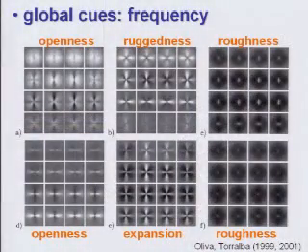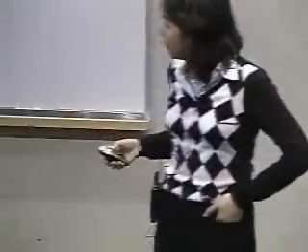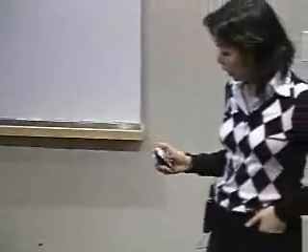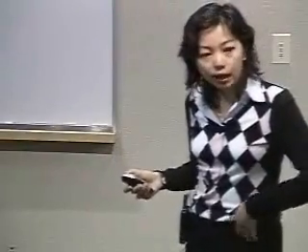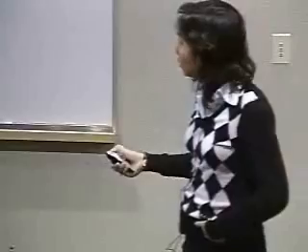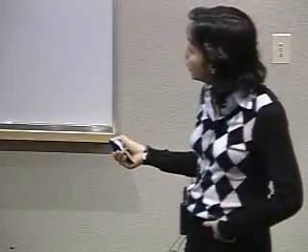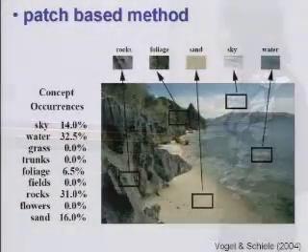Then in the global cues studies, Oliva and Torralba proposed something interesting at the end of 1999 and 2000, where they assign an intermediate-level theme or topic to each scene. So a scene is not only about mountain, it's about how open it is, how rugged it is, how rough it is, how expansive it is. And these kinds of intermediate-level themes actually enrich the recognition system to learn and recognize scene categories.